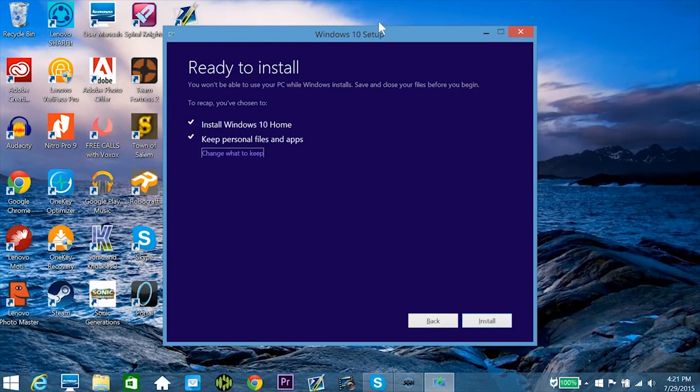Alright, so at long last I've now reached the ready to install page for Windows 10. As it says, I won't be able to use my PC while Windows installs, so I went ahead and closed all of my programs and the files I had open. You do also have the option on the screen to keep both your personal files and apps, just the files you have on your computer, or nothing at all, but since this is the computer I use primarily, I'm going to keep everything. I should recap just one more time though that if you are installing Windows 10, you should